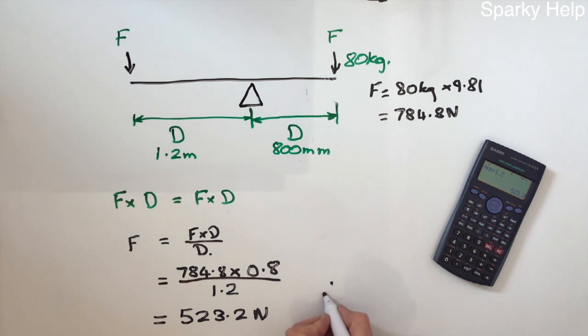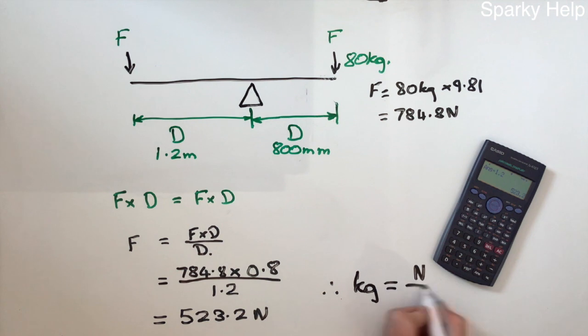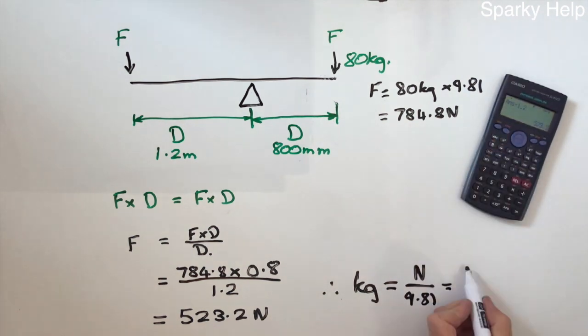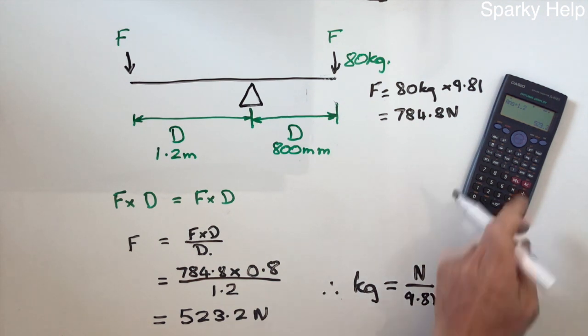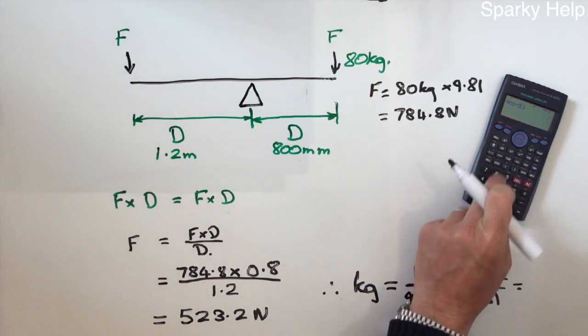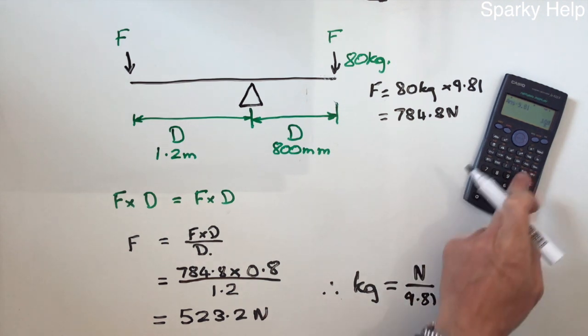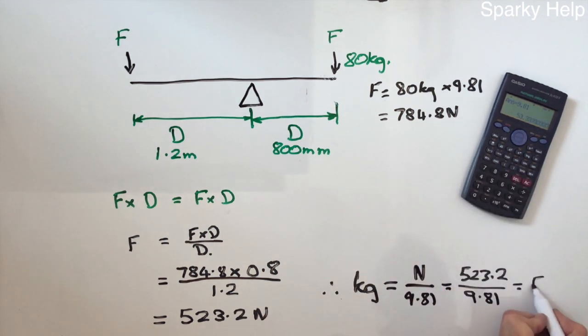So kilograms equals the newtons, the force, divided by the force of gravity, 9.81. So 523.2 divided by 9.81 is 53.3 recurring